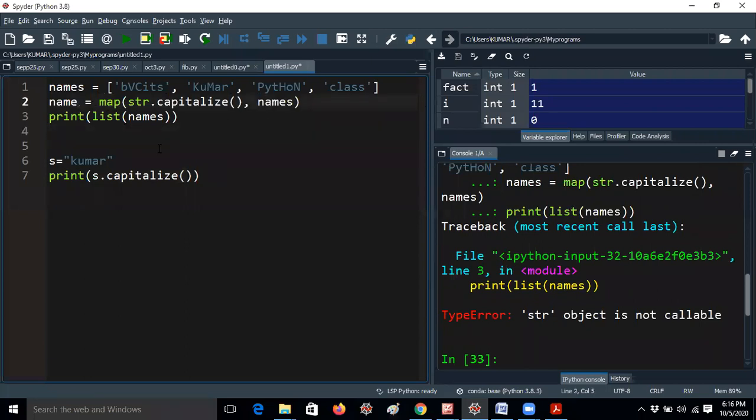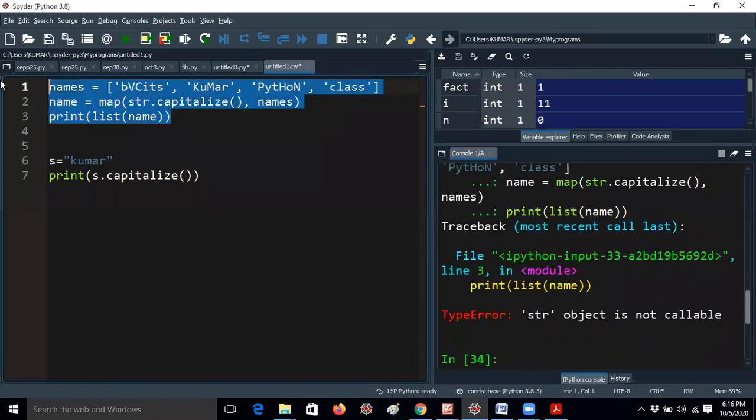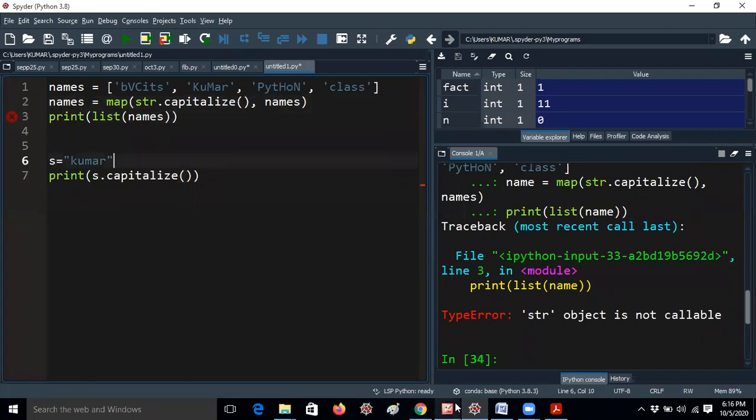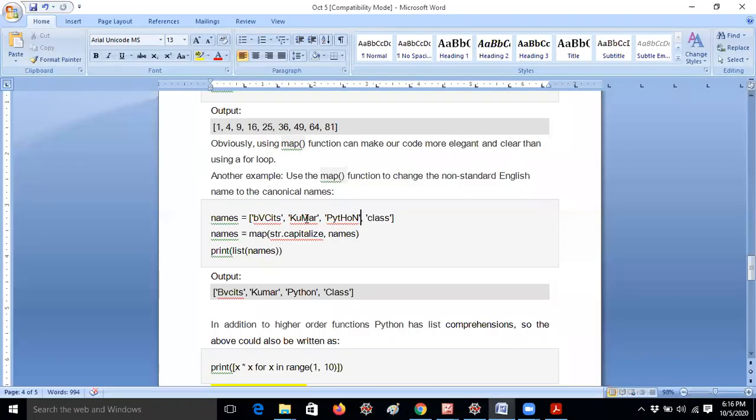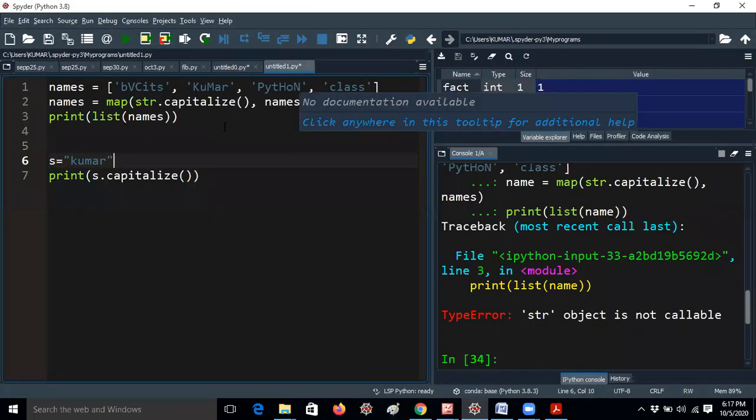Let me take another variable. One minute. Okay, that is not the problem. Okay, fine. One minute guys. Actually I always practice before I come to the class.